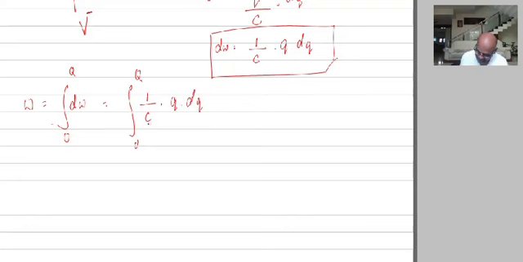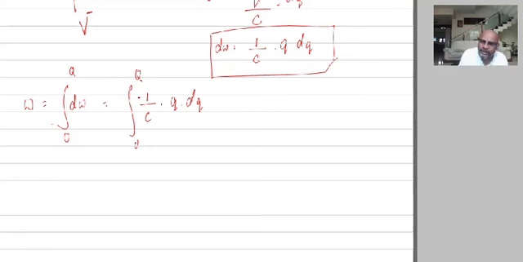1 by C, C is a constant. Capacitance of a capacitor is a constant. It doesn't depend on the charge, it doesn't depend on the potential. Say for example, if you have a water tank and its capacity is 100 liters, its capacity is always 100 liters only. It doesn't depend on the amount of water in it. Suppose it has got 50 liters of water, the capacity remains 100 only. Got the point clearly? Capacity of a water tank, if it is 100 liters, forever it is 100 liters only.